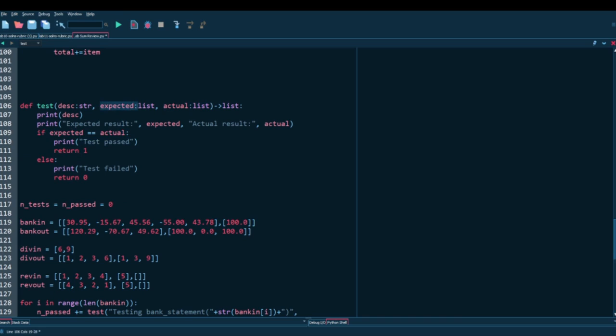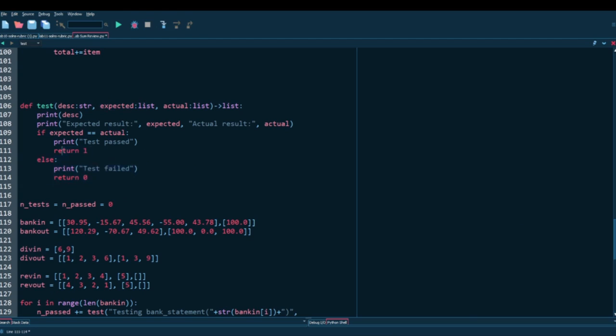Now, the expected value is just going to be a value that you hand calculated or that you're given that's expected. So if it's just a function that adds 2 to x, if x is 4, you'd go 6. And then for the actual, you would call that function with 2, and then it should equal that, so the function test passes. Otherwise, if they're not equal, the test failed. You're not getting the expected value.